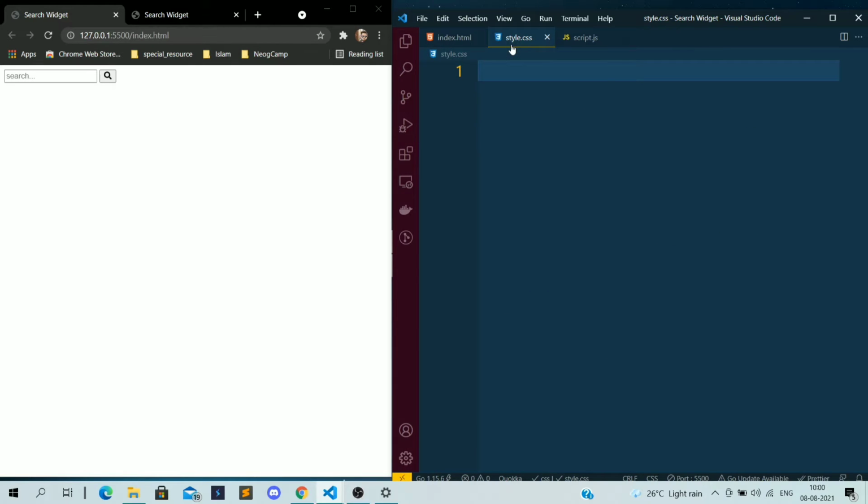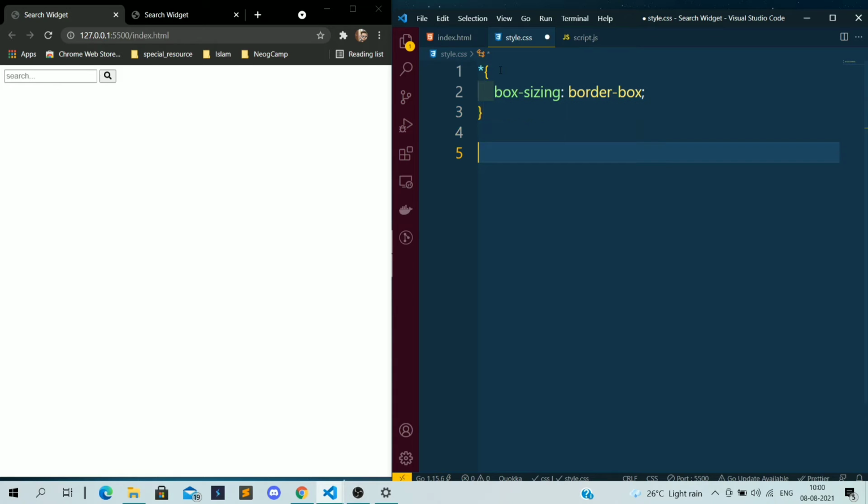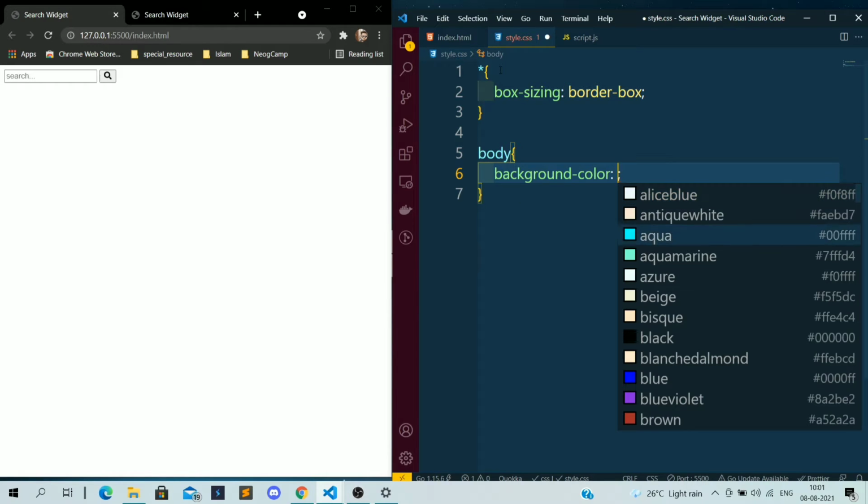Now I want to apply some CSS, in the root, box-sizing border-box. That's it, and then I want to apply the CSS for the body. First of all I want to give the background color. I will give the background color blue violet.